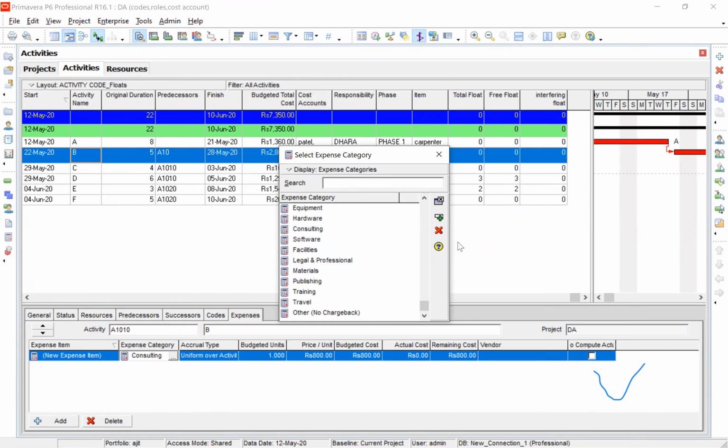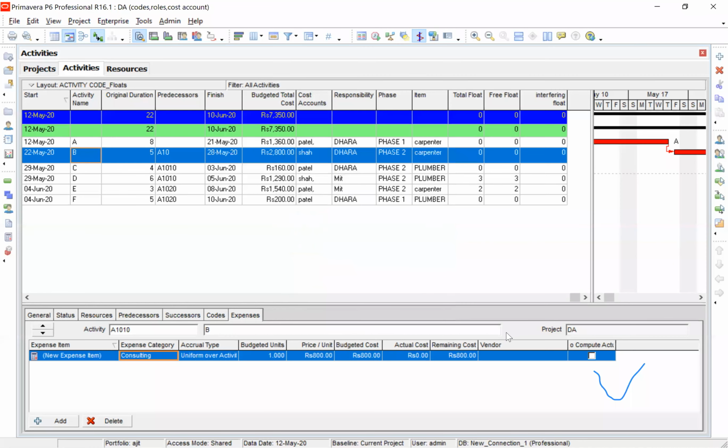In this case, I have said that activity B requires a consultant to watch that activity, and the consultant rate I have put as 800. So in B item, the cost you see is 2800.